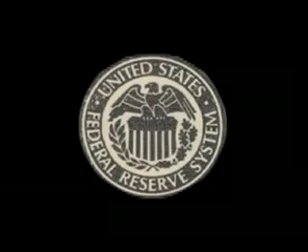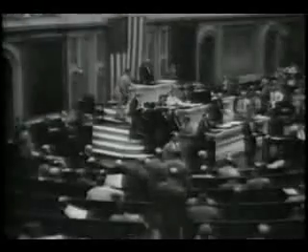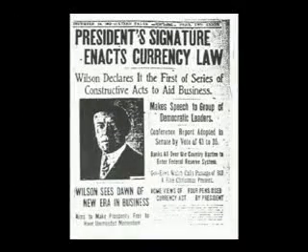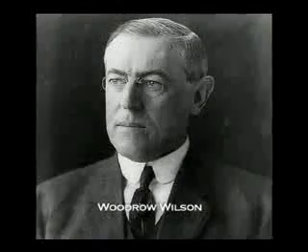After this bill was constructed, it was then handed over to their political frontman, Senator Nelson Aldrich, to push through Congress. And in 1913, with heavy political sponsorship by the bankers, Woodrow Wilson became president, having already agreed to sign the Federal Reserve Act in exchange for campaign support. And 2 days before Christmas, when most of Congress was at home with their families, the Federal Reserve Act was voted in, and Wilson in turn made it law. Years later, Woodrow Wilson wrote, in regret,